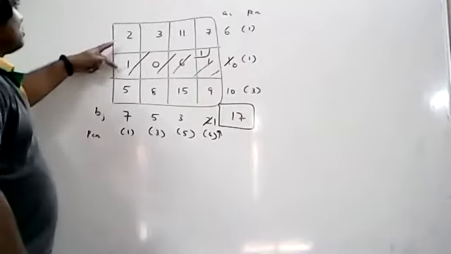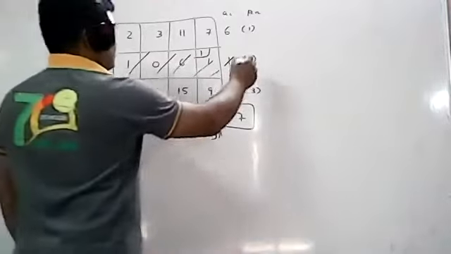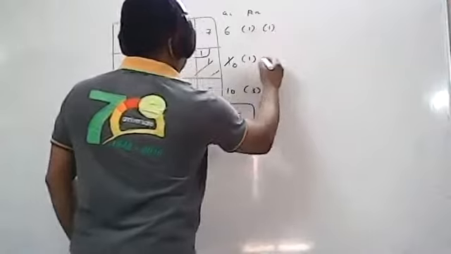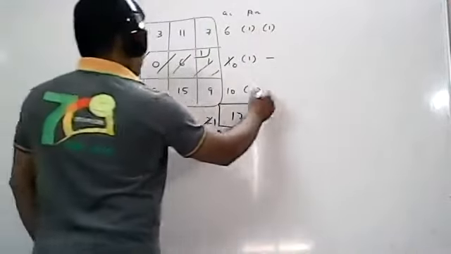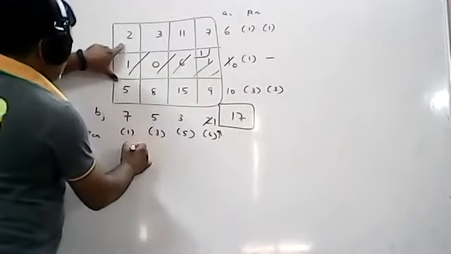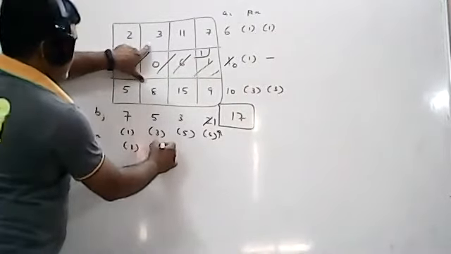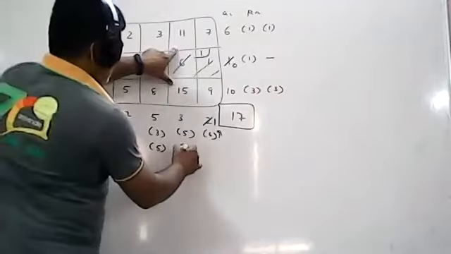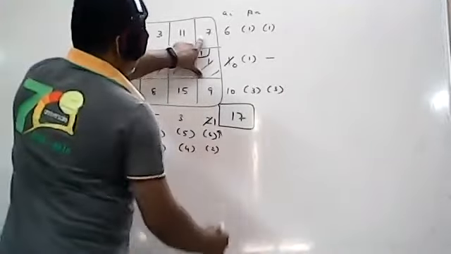Now how many rows are there? 2 rows and 4 columns. Repeat the procedure. This value will be as it is, 1. The second row is cancelled. In the third row, you got the minimum and next minimum, difference 3. Next you can find out the differences of the columns: this one is 3, this one is 5, this one is 4, and this one is 2.